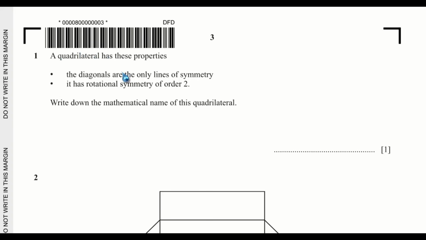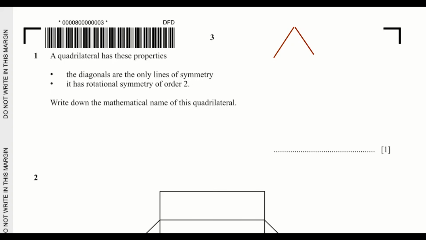Let's jump into the first question. A quadrilateral has these properties. The diagonals are the only lines of symmetry. It has rotational symmetry of order 2. Write down the mathematical name of this quadrilateral. So the mathematical shape that meets these criteria is a rhombus, because when you draw a rhombus,